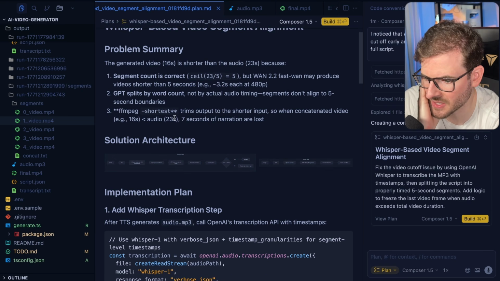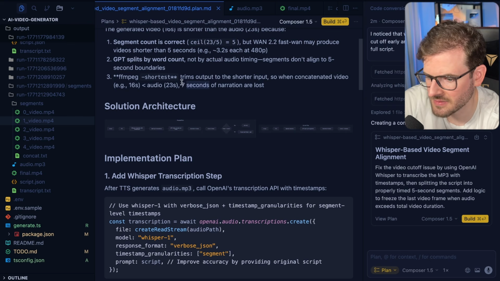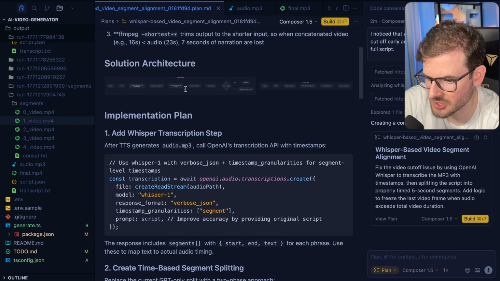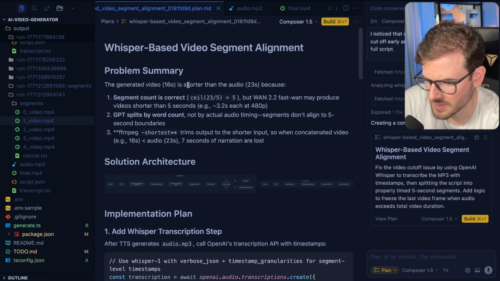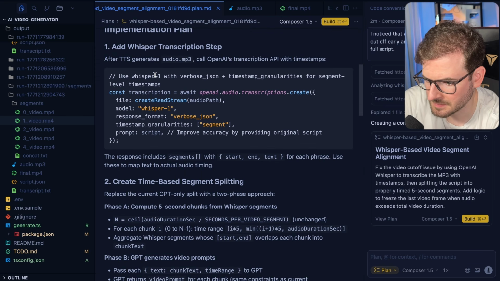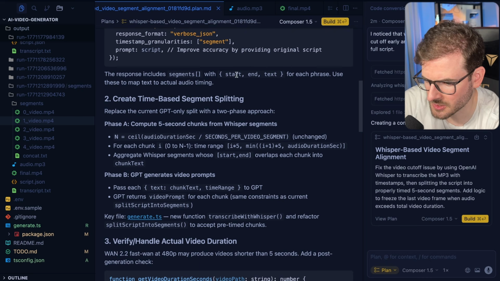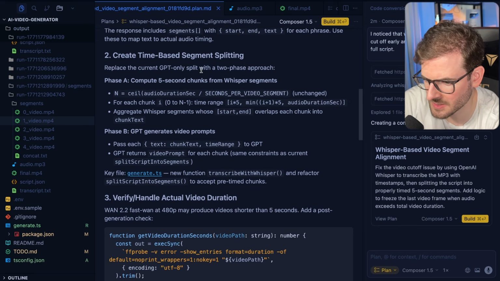GPT spits out word count, not actual audio timing. Segments don't align to 5 seconds. FFmpeg trims output to the shortest input, so when the concatenated video is shorter, less than 7 seconds of narration is lost. Okay, solutions. Can I zoom into this? I can't really zoom into these diagrams, so it doesn't really help us, but let's see. Response includes segments, start, end, text for each phrase, current time-based segment splitting, replace the current GPT-only split with a 2-phase